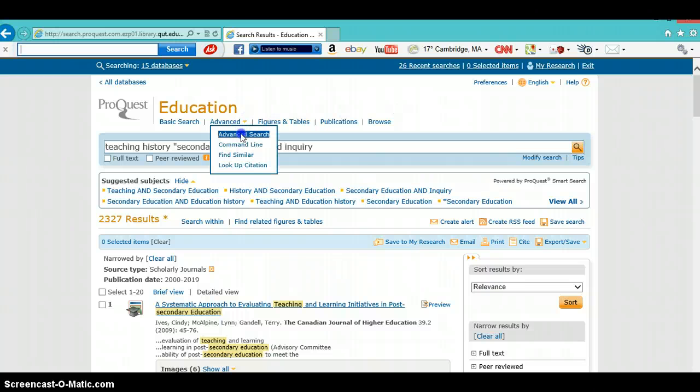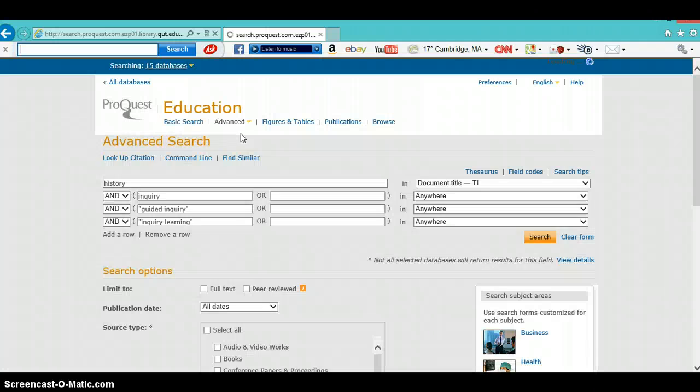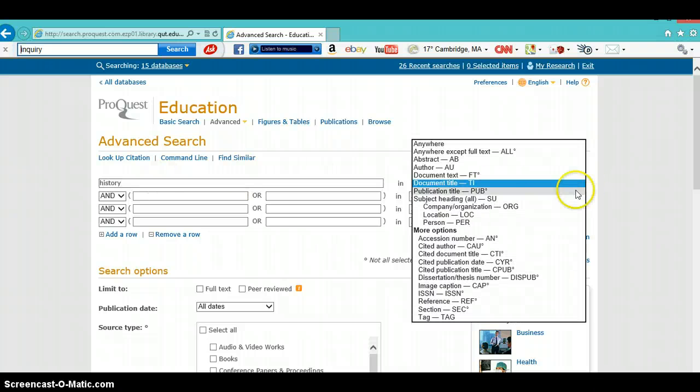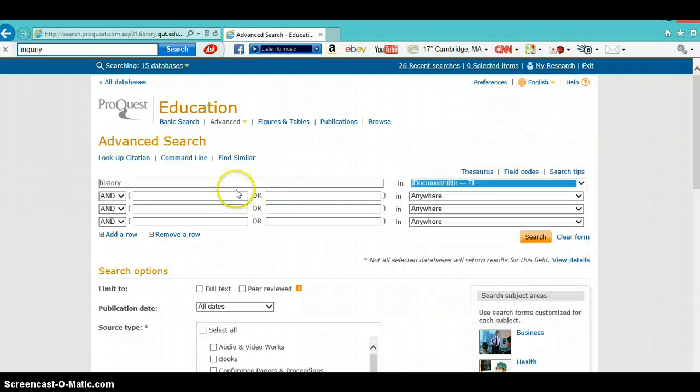So next I'm going to use the advanced search option, which is up the top here, and I'm just going to click on advanced search. Now you can see that these are already in here for some previous searches, so I'll get rid of those to show you how to start it off initially. So we'll stick that there. So history in title, you can see that we can use some of these options. So we're going to go in the document title